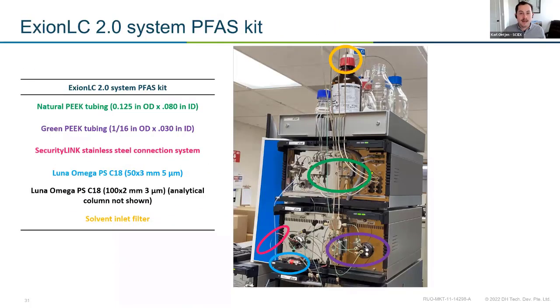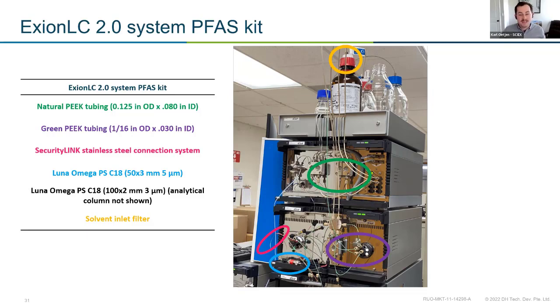So if we take a look at our LC system, I have an Exion 2.0 LC system. A lot of questions I'll get are around the PFAS kit. What does it mean to get your LC PFAS ready? And what does that really look like? If you have just very basic LC experience and you've done just basic LC maintenance in the past, you should have no problem installing one of these kits, whether it be on one of our systems like the Exion systems, or if you have an Agilent or a Waters, the process is really the same. We're trying to eliminate